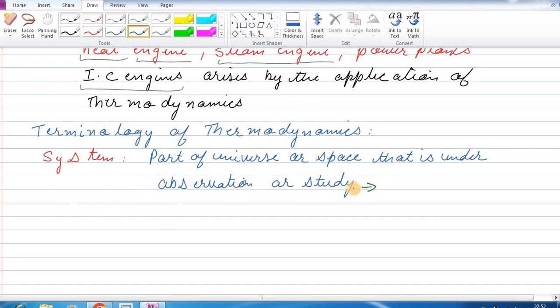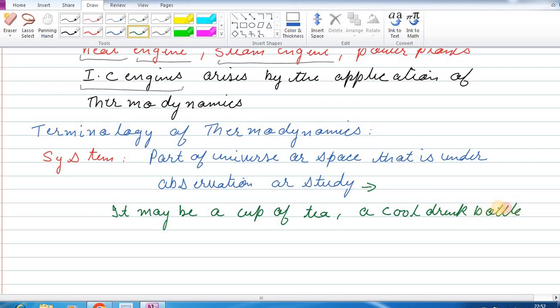It may be a cup of tea, a cool drink bottle that is under observation, or a satellite that is under observation,